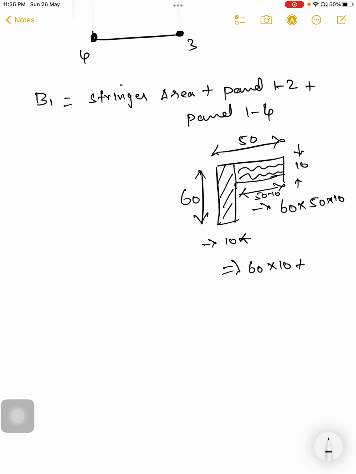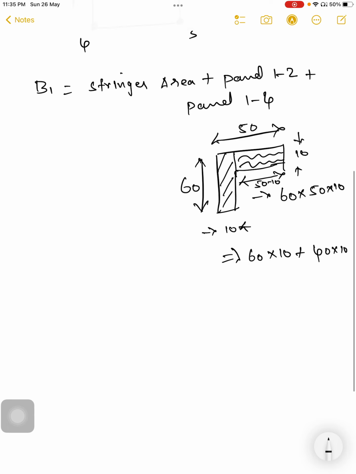The area will be 50 minus 10 into 10, that is 40 into 10. So for stringer area I can write 60 into 10 plus 40 into 10 plus,